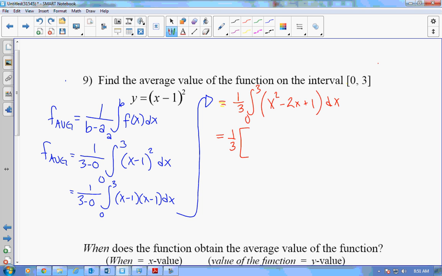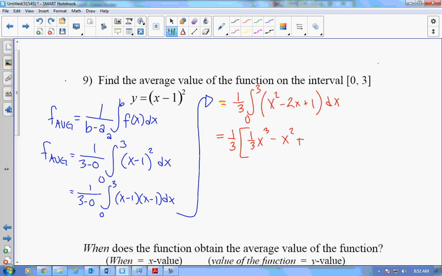All right, John. If we integrate x squared, what do we get? Oh, he's done this one twice already. I'm going to give you a different one. Jake, integrate x squared. Yep, increase the exponent and divide by that new exponent. Now to John. Negative 2x. Integrate that one for me. Negative x squared. Because if we do 2 divided by the new exponent 2, it's just 1, right? And this is subtracting, so it'll be negative x squared. Plus,